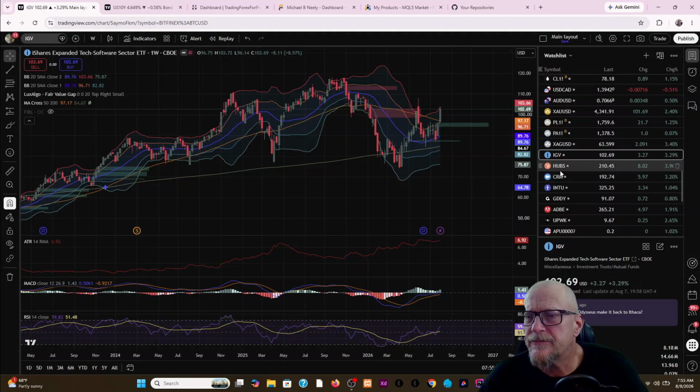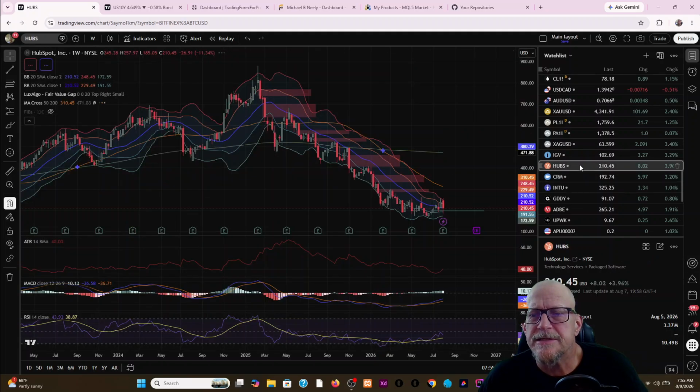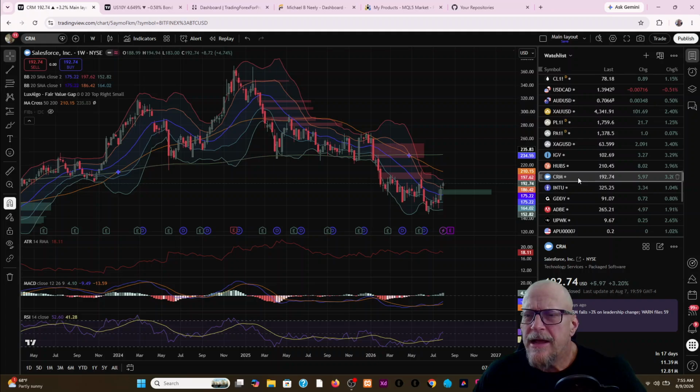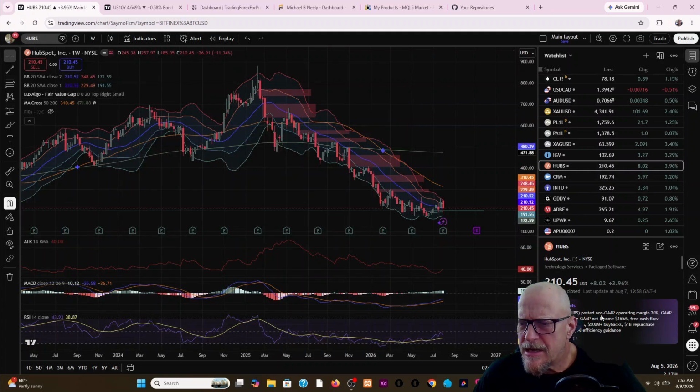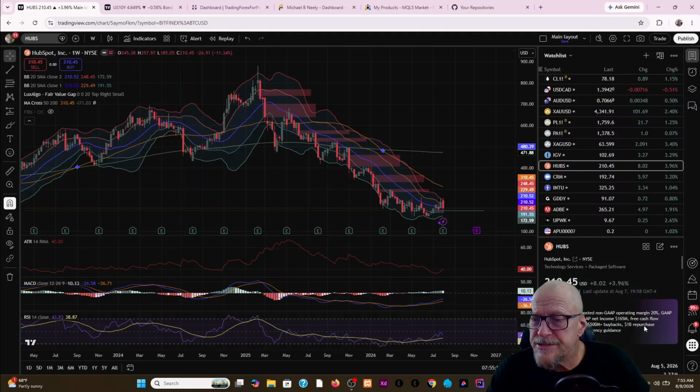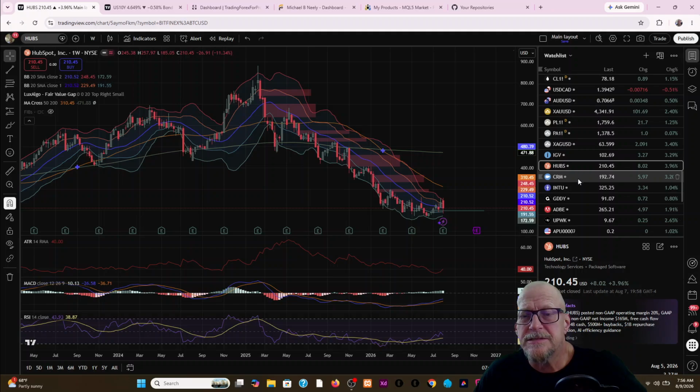We got 102.69 for the U.S. software sector. See who had a big week this past week. HubSpot did not have a big week, like that giant red candle. Oh yeah, they're having some weird things going on with their stock. A non-margin of 20%, non-GAAP income 165 million, free cash flow 168 million, cash flow buybacks. So they're buying back a lot of shares, $500 million in shares, and a $1 billion repurchase authorization, AI efficiency guidance. So it's a lot of weird things going on with HubSpot. I wouldn't necessarily call that a buy yet.